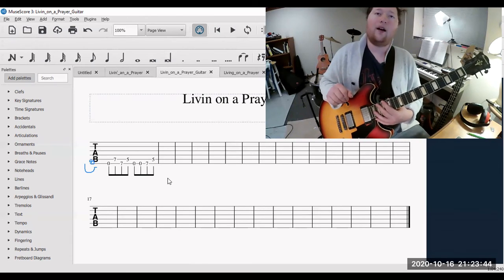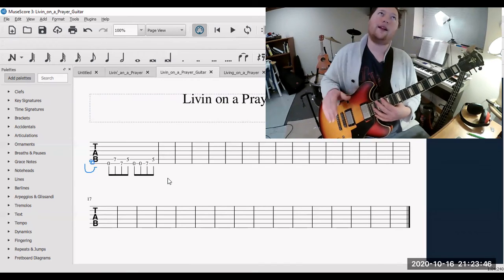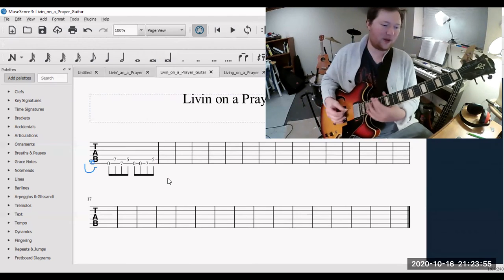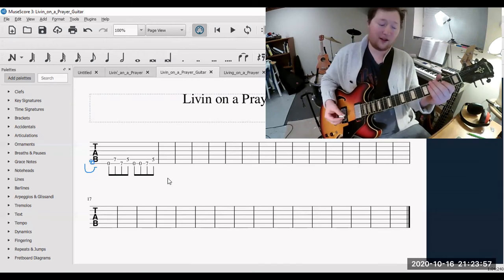All right, so that's all that any of these instruments need to know to play the introduction. Because all you're doing for the entire intro and for the entire verse is